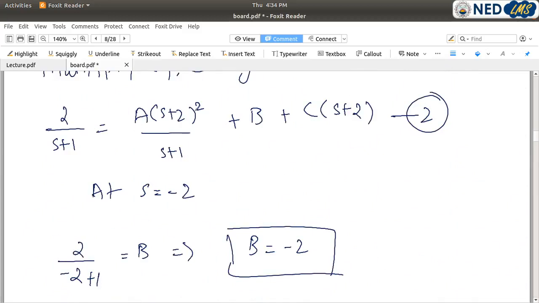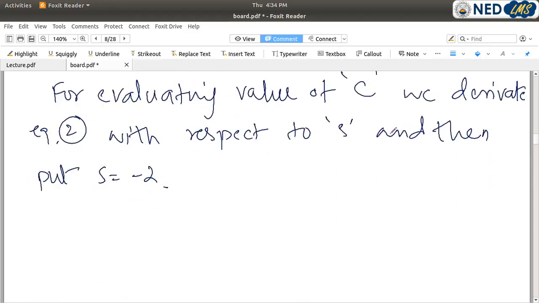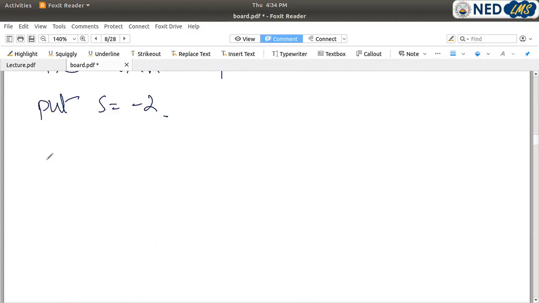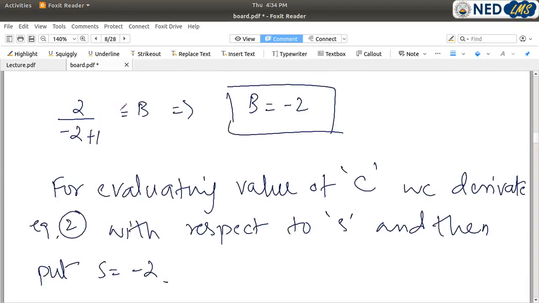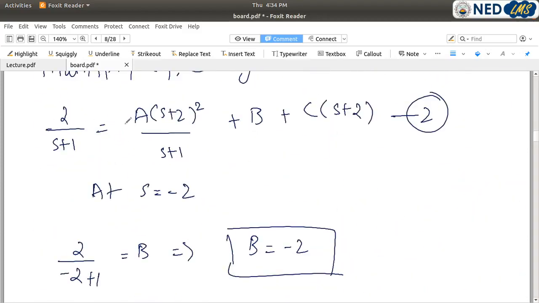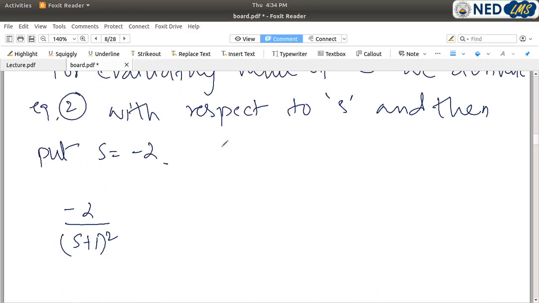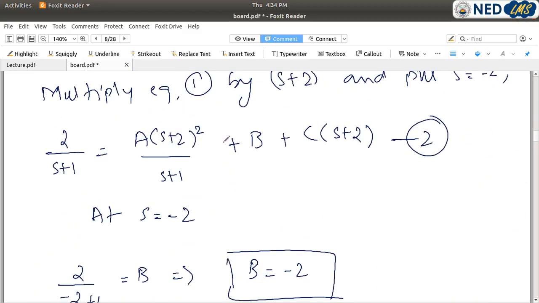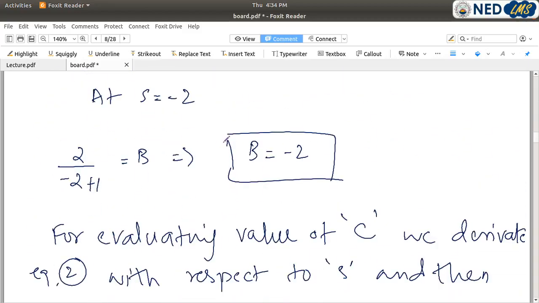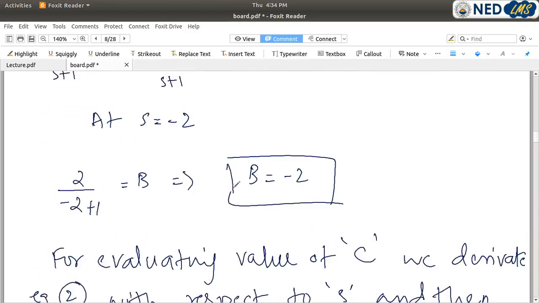Differentiating this equation with respect to s, it will become minus 2 over s plus 1 whole square, which is the derivative of this term, and this will become